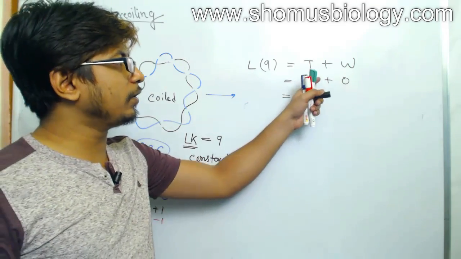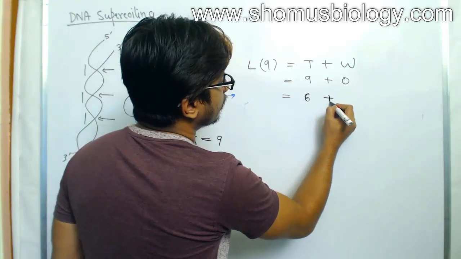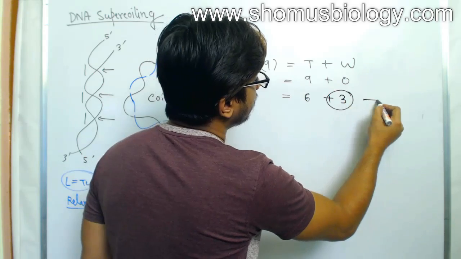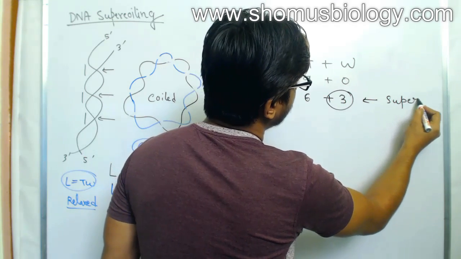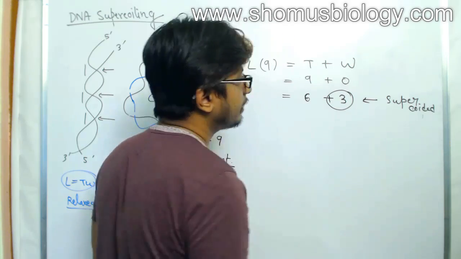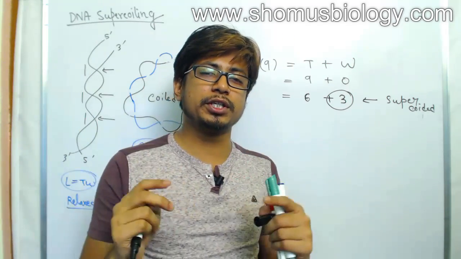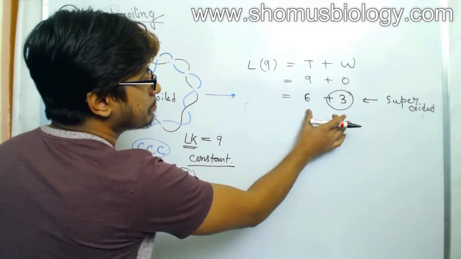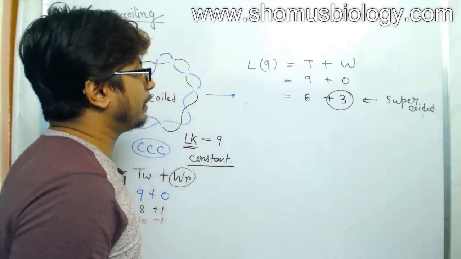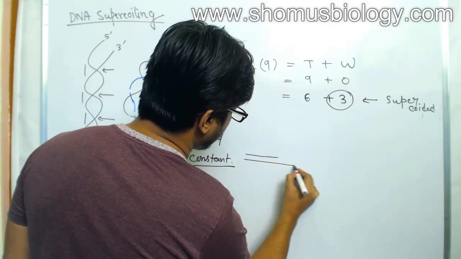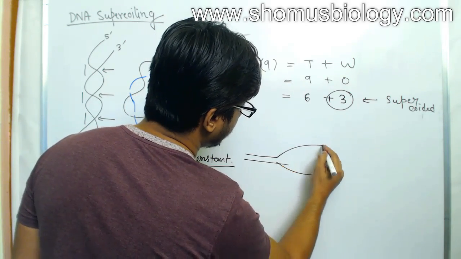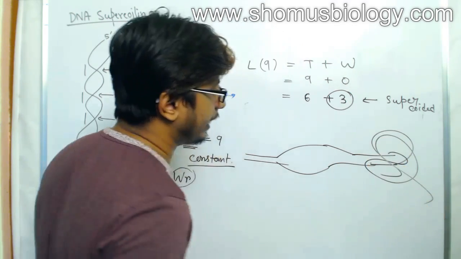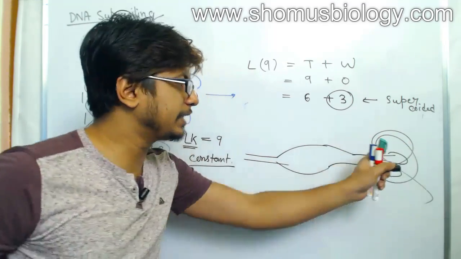So to compensate for the change in twist, what do we need to do? There should be 3 positive writhe. So 3 positive writhe means the DNA will be supercoiled. That means there will be 3 separate positions where the DNA is crossing itself, right? But that is another problem, because let's imagine this is a portion of the DNA, we are separating the strands, and if that causes positive writhe somewhere here in the DNA, it creates a knot in the DNA